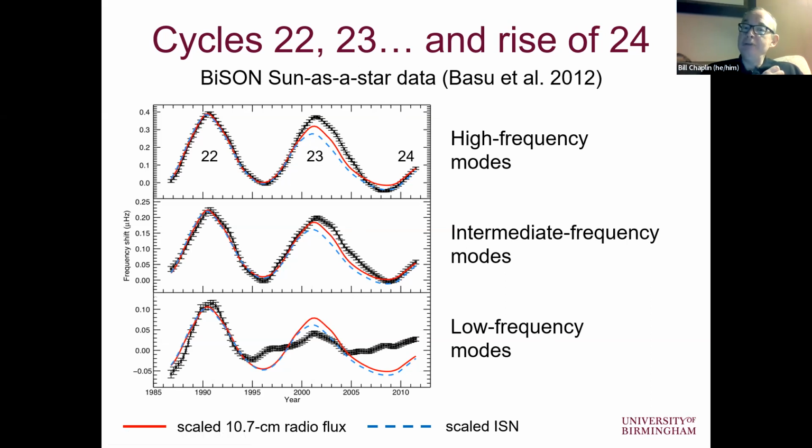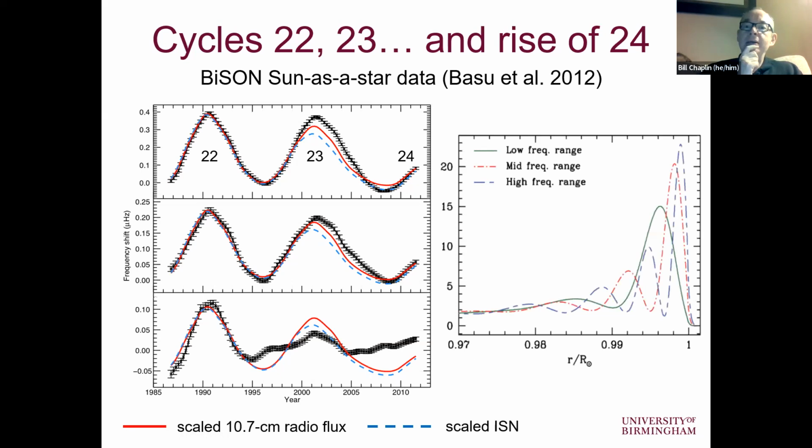Now, this tells us something very interesting about what was happening in terms of magnetic field just beneath the surface of the sun. The reason for that is that modes in these different frequency bands have a different spatial sensitivity to what is happening very, very close to the surface. And that's shown by these plots here. These are sensitivity kernels for the modes in these different ranges, the high, mid, and low frequency modes, plotted as a function of the fractional radius. So here we're looking at stuff really close to the surface.